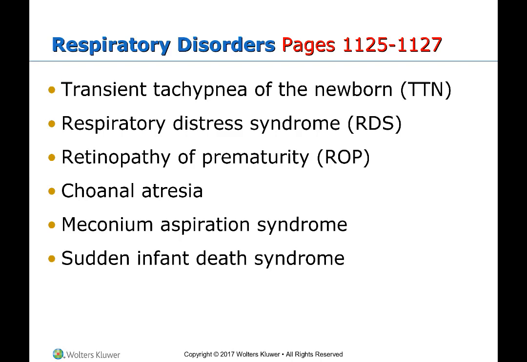So similar disorders, like I say, might be that transient tachypnea of the newborn and other kinds of pneumonia. So some of these present with very similar signs and symptoms. So what do they do? They can do a chest x-ray, and the clinical symptoms, something you could see, of increasing respiratory distress,